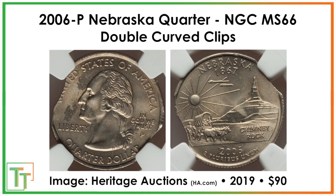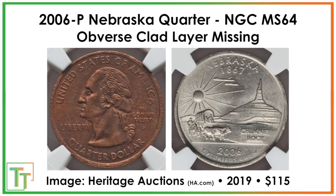And then lastly, we've got a double curve clip. So again, less of a striking error. This is in the planchet making process. There were two. It almost looks like there's maybe even a third there over here, but clips that the planchet, or the planchet stock, must not have advanced, and ends up getting cut in a strange way that's just not normal. And instead of sort of exiting into the bin and then getting struck, stays back, gets hit again by the things that are carving the planchets out of the stock, and ends up getting struck. Not huge in terms of value. $90 was the auction price,